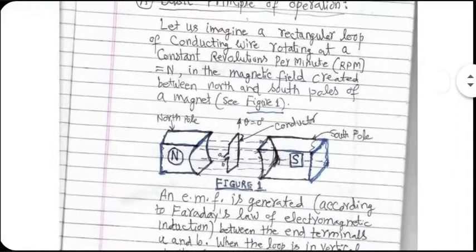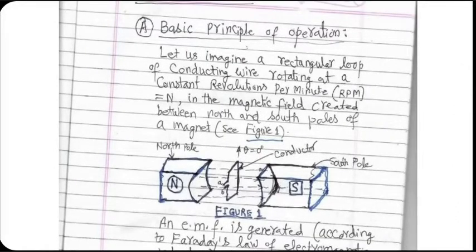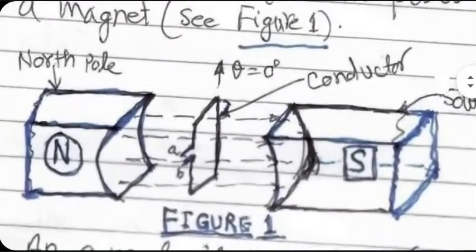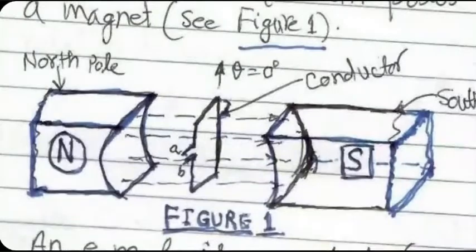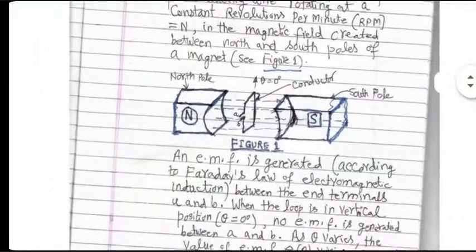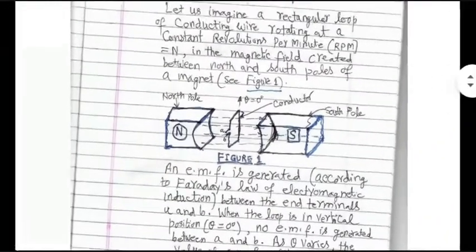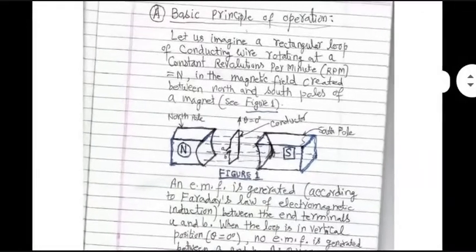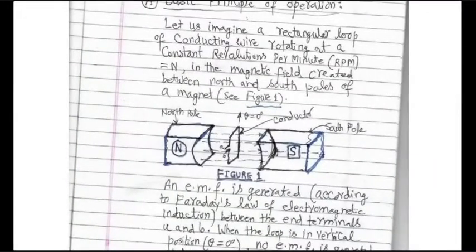I'm not going to go too much into electromagnetics here. You know all that quite well, because there is a relative speed with which the loop is rotating with respect to the flux, and EMF will be generated across the two ends of the loop, which I am denoting by small a and small b. The effect of opening the loop will be ignored in the discussion. There will be some minor effect due to that, but we'll ignore it. So the essential point is that an EMF will be generated across A and B because of the rotation of the loop.